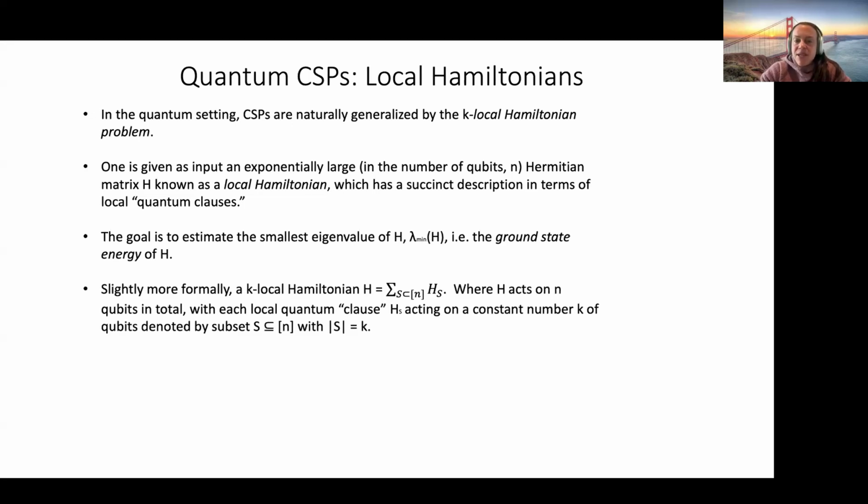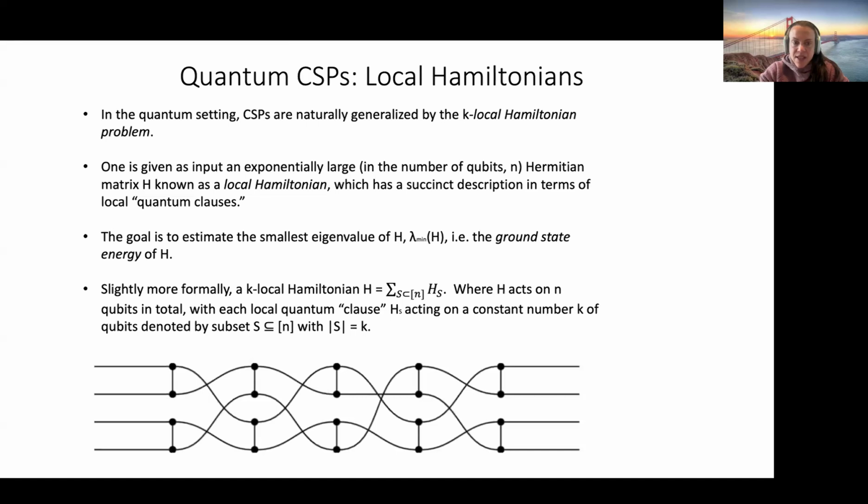So here's what a k-local Hamiltonian is. It's a matrix H that is given as the sum of local terms H_S. While H acts on all the qubits potentially, each H_S acts on a constant number k of qubits, denoted by some subset S of the qubits. The constraint is that this set S always has cardinality equal to k. So here's an example of a two-local Hamiltonian. Assume you have 4 qubits, one given per line, and then I have a two-local Hamiltonian. So these black dots are